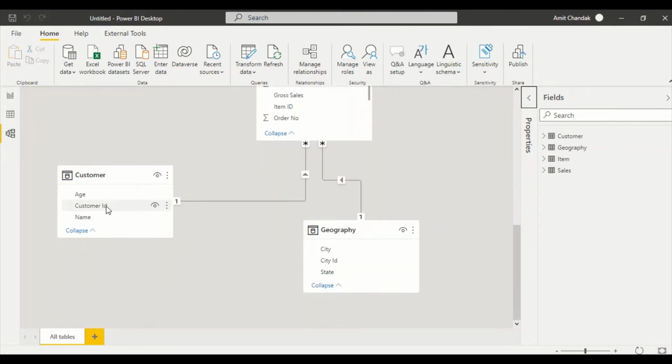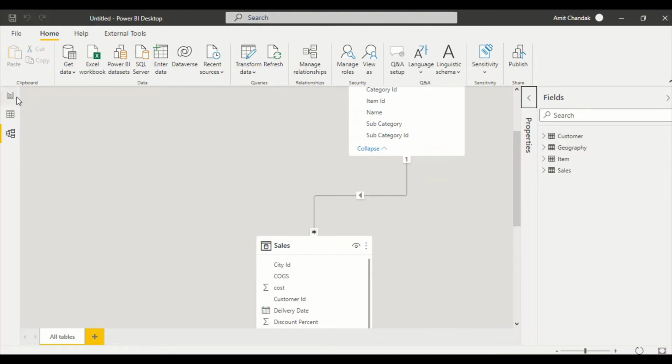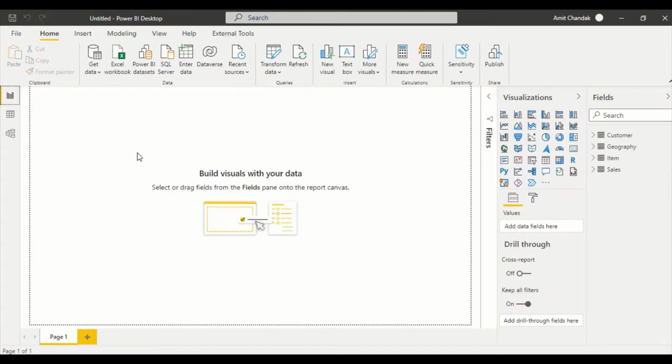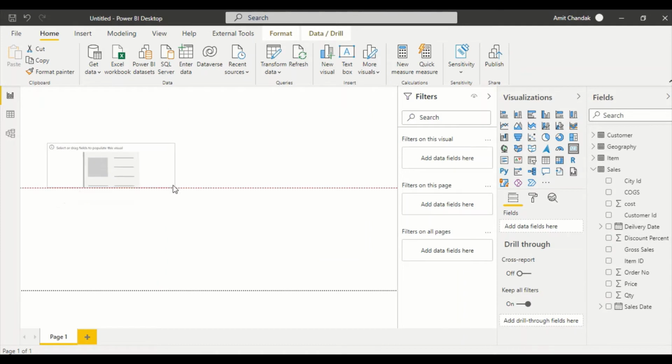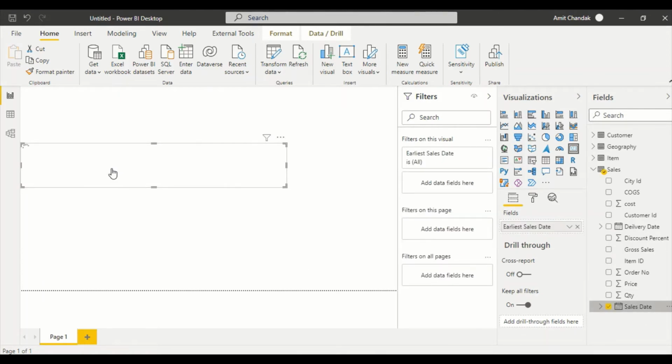And because I think when I created this data flow, I actually removed the city column from the customer, so my data model is fine tuned to that. So my perfect model is created. The only thing which I'm going to do here is I'm going to add two cards here, and let me add this card a little bit bigger, and I put a sales date here, and you will be able to know why I'm doing that.